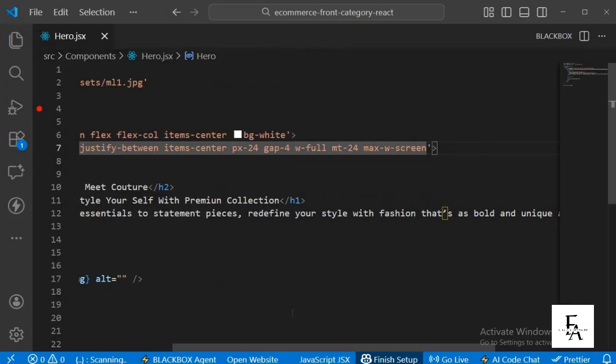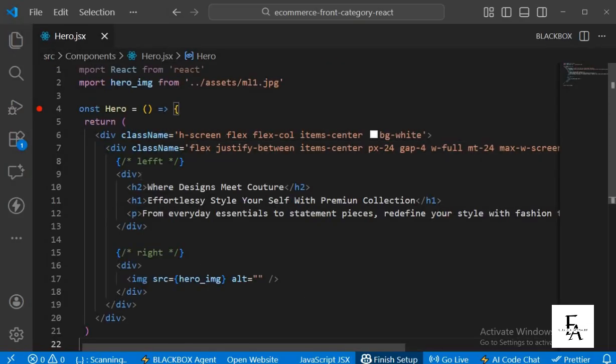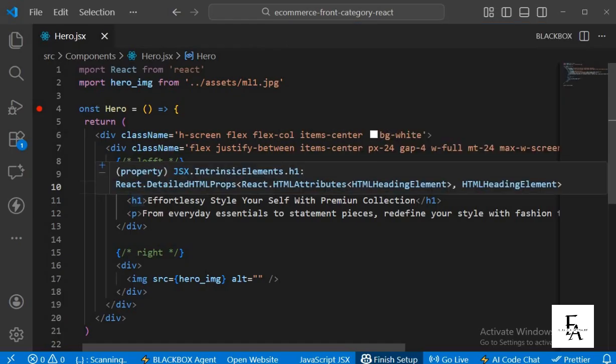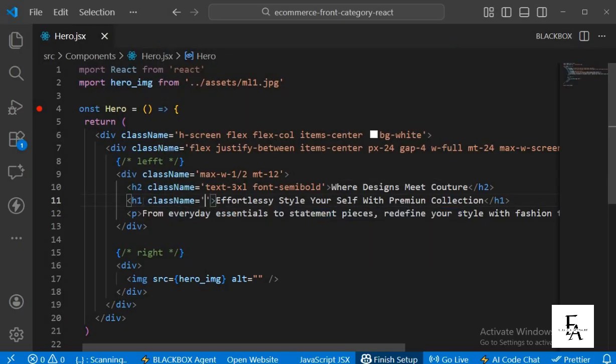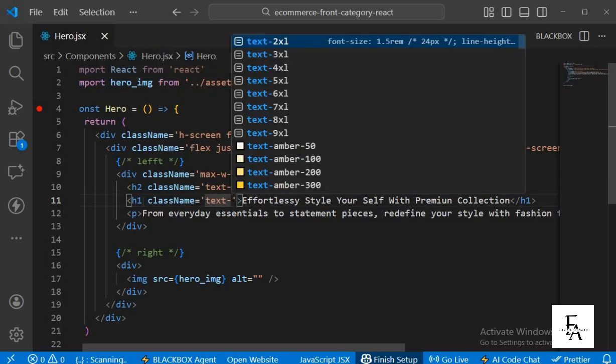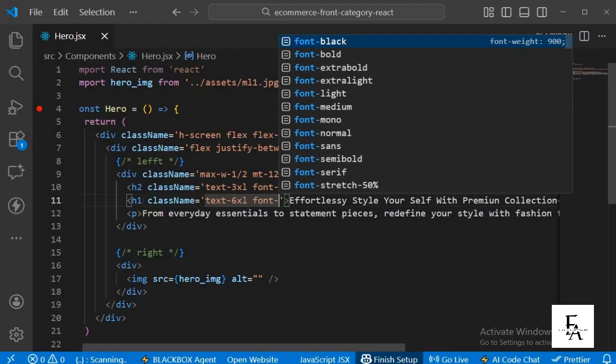so I'm just going to close this now. Now for the left section, we'll set the max width to take half of the screen size. Then we'll set the margin top to 12. Now for our H2 tag, text of 3XL, the font will be set to semi-bold. Then for the H1 tag, set the text size to 6XL, font will be bold,